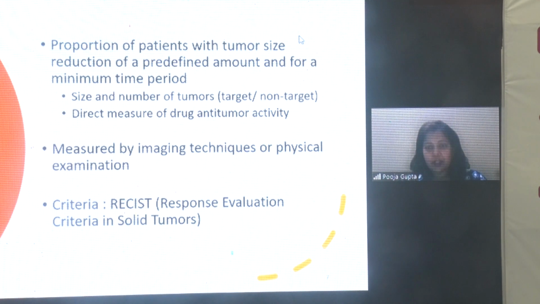So measurements are usually by imaging techniques. The more sophisticated the imaging techniques, or the more advanced they are, the more objective the response assessment becomes. Initially there used to be a lot of variation in how the measurement was done, depending upon the availability of the imaging techniques. Then the European Union came up with a standardized criteria, which is Response Evaluation Criteria in Solid Tumors specifically, by which the response could be standardized between different sites and between different individuals and different